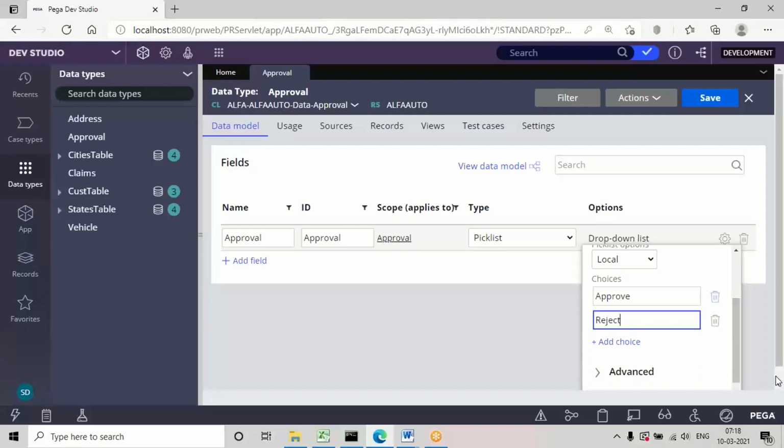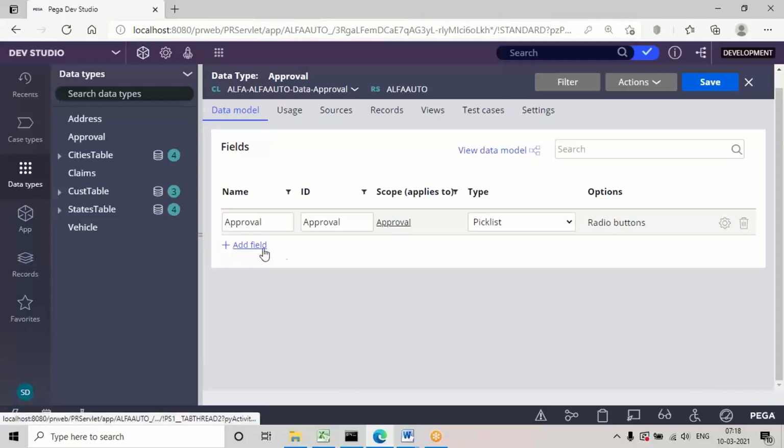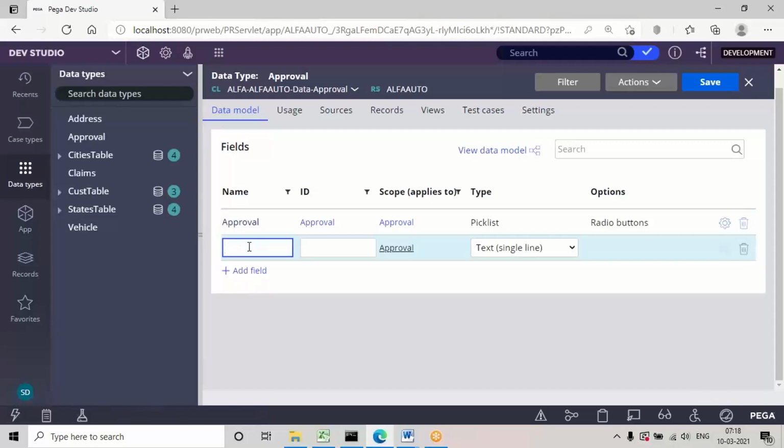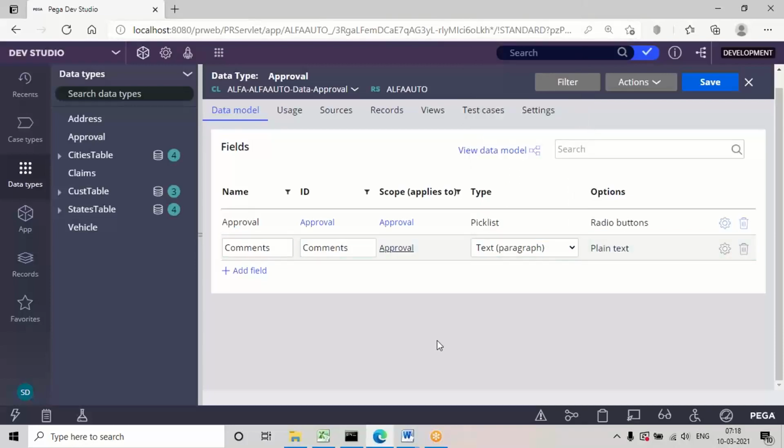And here you can click on OK. Now add one more field. This I'm taking as a paragraph, text paragraph, which is nothing but a text area.